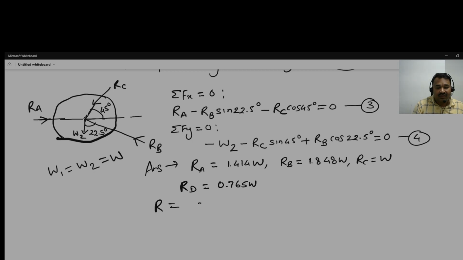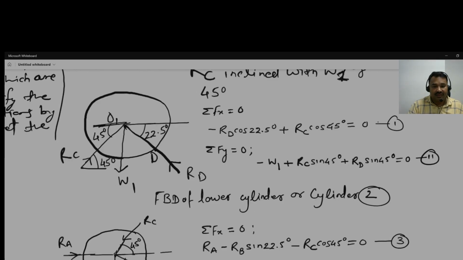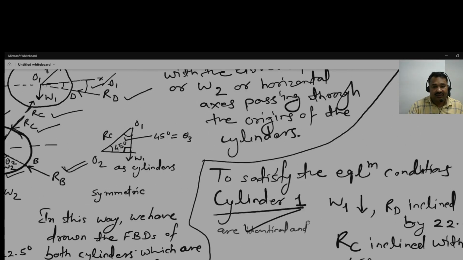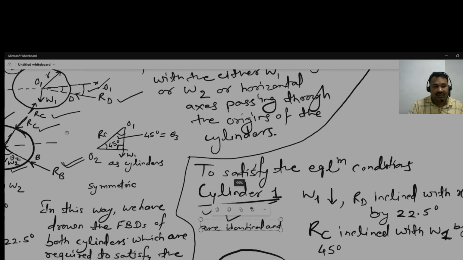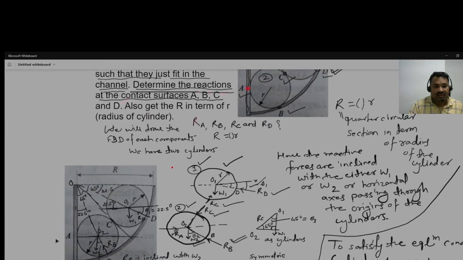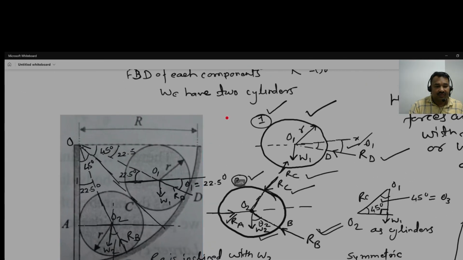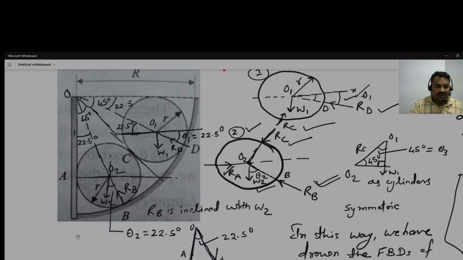Okay, there is one more part of this problem, means the expression of capital R in terms of small r. Okay, so how to get this? So you can see the figure. With the help of this figure, we can get sine 22.5 degree is equal to